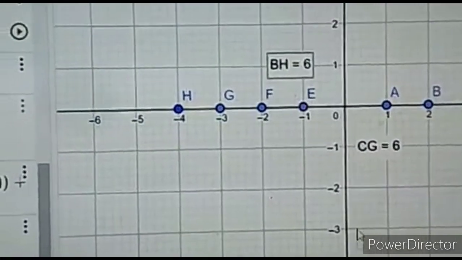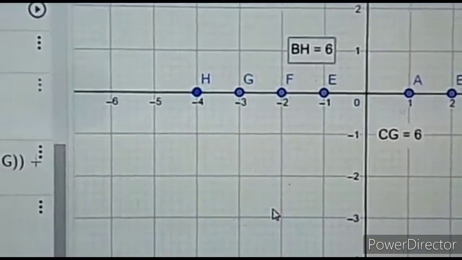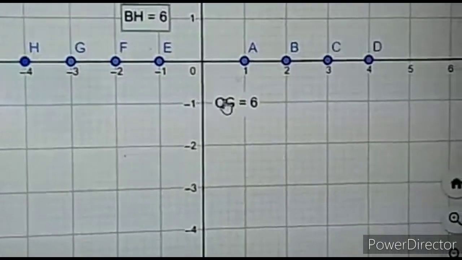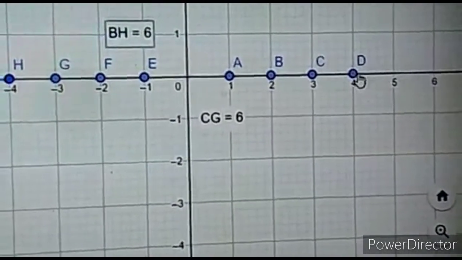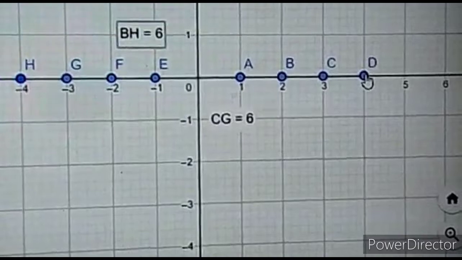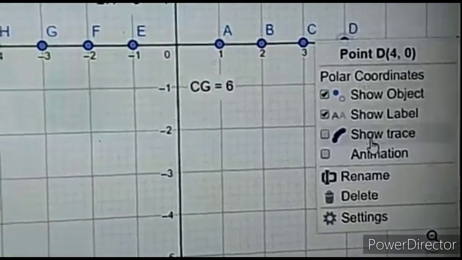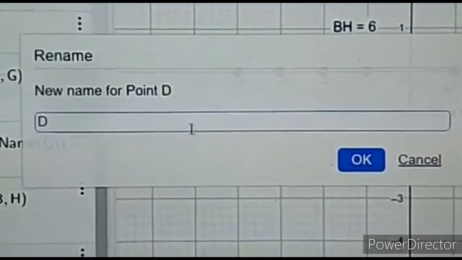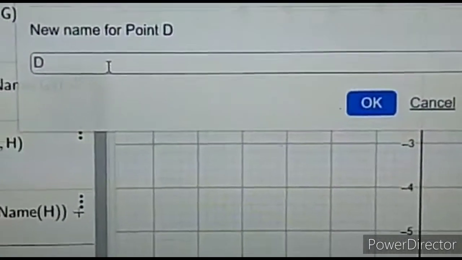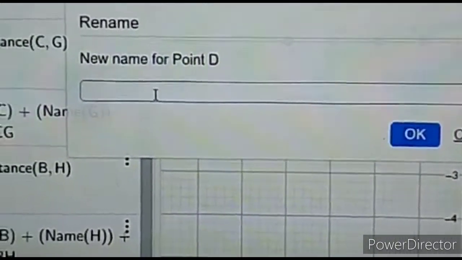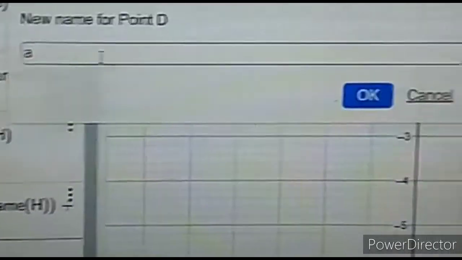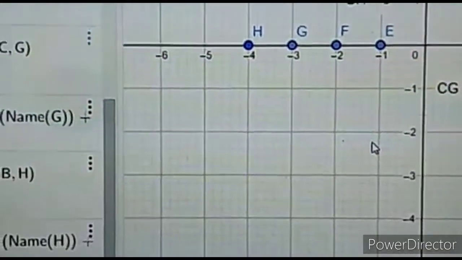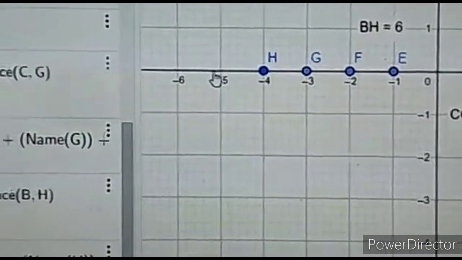Again you can move this label downwards or top. You can move this. So you can see how we can find the distance between 2 points on the number line. You can also rename the points. If the points are given that point A is 4 0 and point B is minus 5 0, then you have to label this point as B and label 4 0 as A. So here you have to rename.